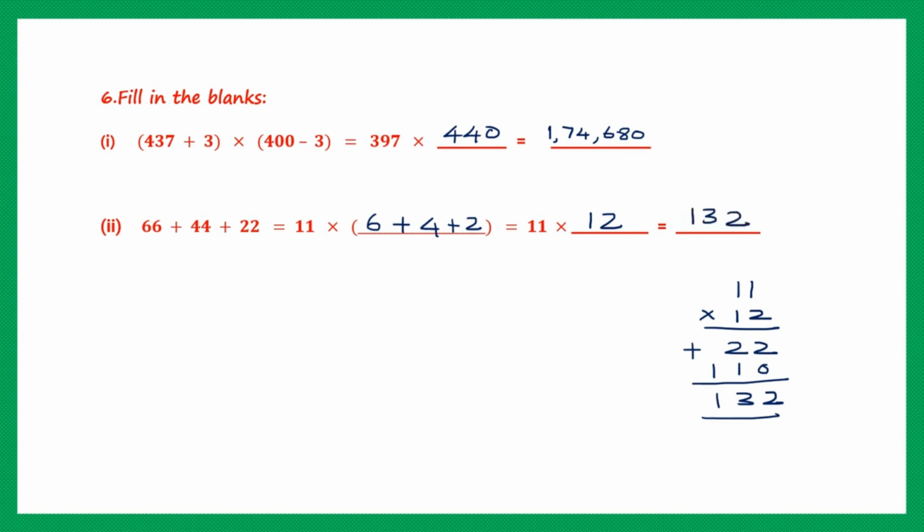132. So how did we fill in the blanks here? The question was 66 plus 44 plus 22 and on the right side we had only 11. So we did 11 into 6, 66, 11 into 4, 44, 11 into 2, 22. And then we got 11 into, we added up all these, we got 12. Finally, you multiply these two and you get